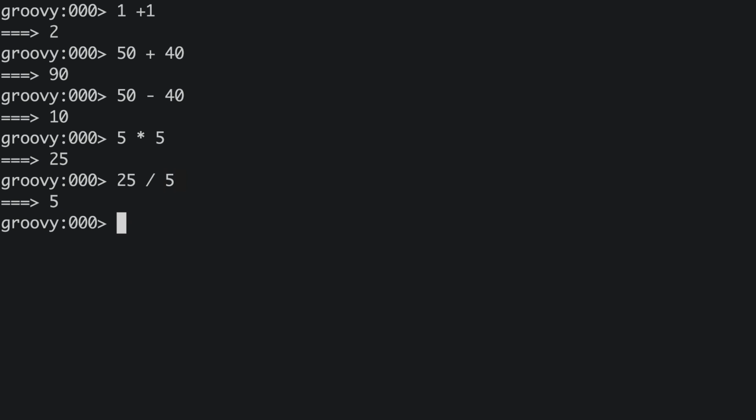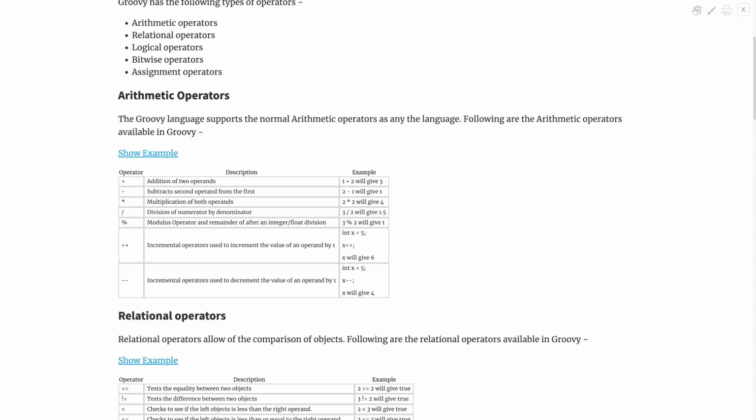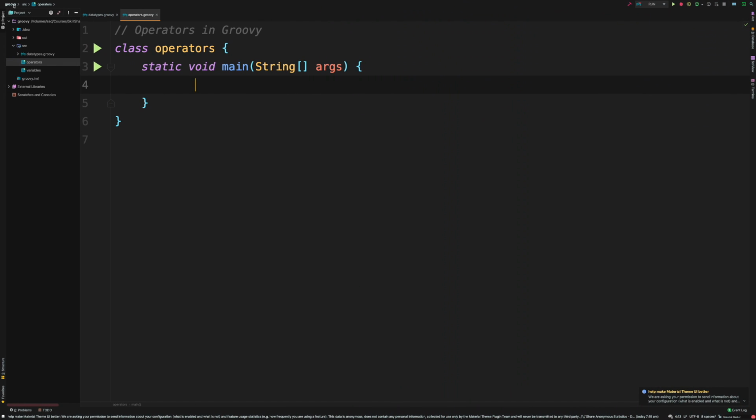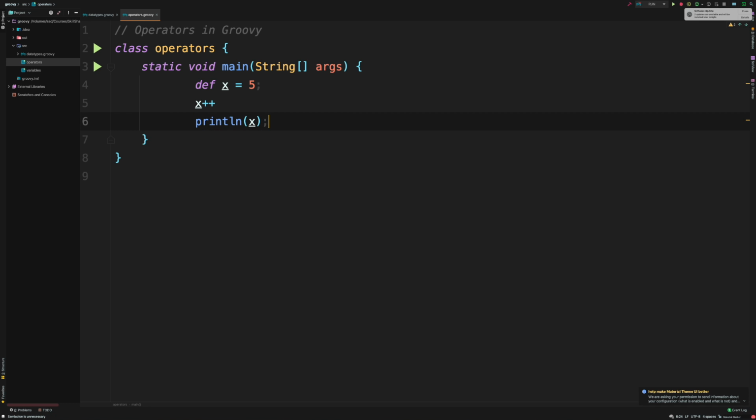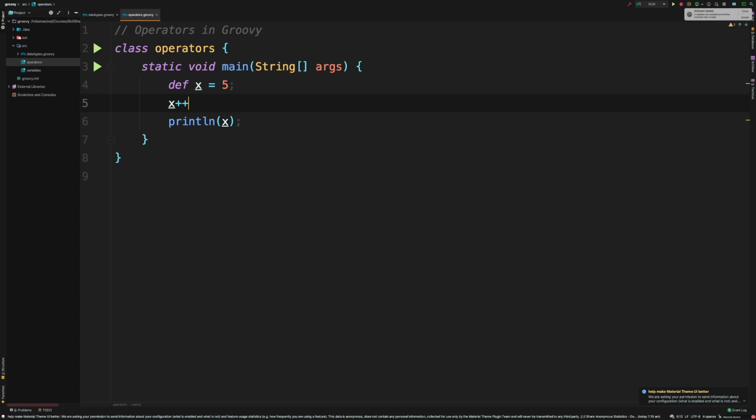So all of the general math operators are available in Groovy, and this is a basic thing in any programming language out there. Now we have the increment and decrement operators. Basically, they're a short form, and let's try to use them. So here I'm going to define def x equal to 5, and I will just say x plus plus, and then I will do println x. Now the value of x is 5, right? But here we're applying the x plus plus increment operator. When you do that, you would expect the value printed to be 6.